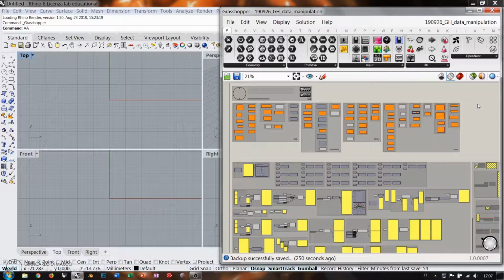So data manipulation is basically the true way of getting anywhere with Grasshopper. Remember that Grasshopper is not actually a design tool. It's actually a visual scripting tool. So you will be coding inside Grasshopper, not designing inside Grasshopper. So coding is basically data manipulation